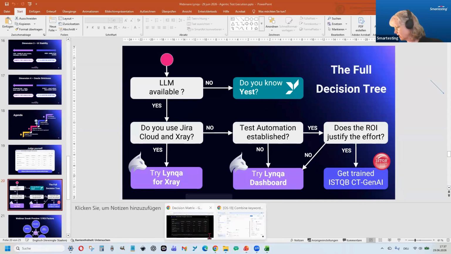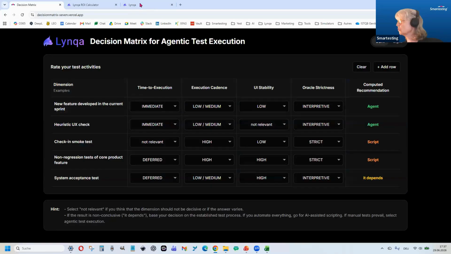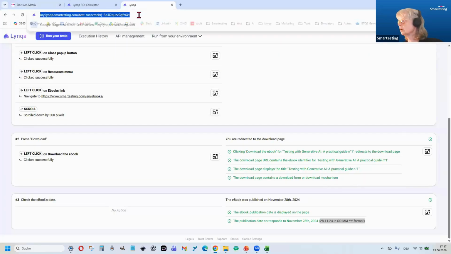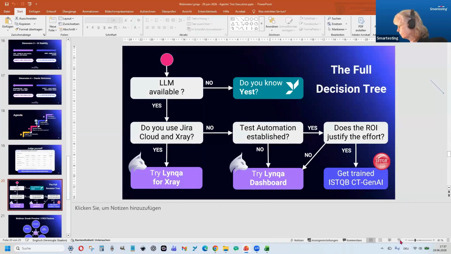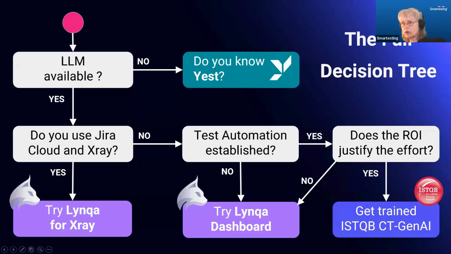It is on the last page, but I'll share it with you here. This is the link to Linker Dashboard. It's as I said on my last slide. This allows you to try the agentic test execution without having Jira X-Ray. And the last question is,